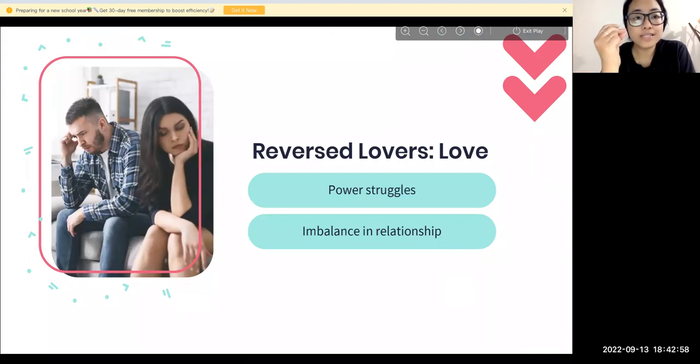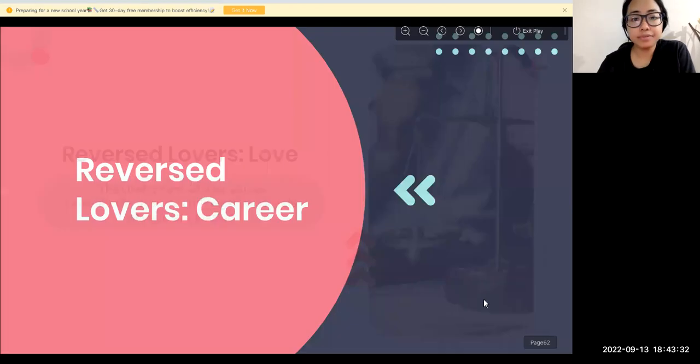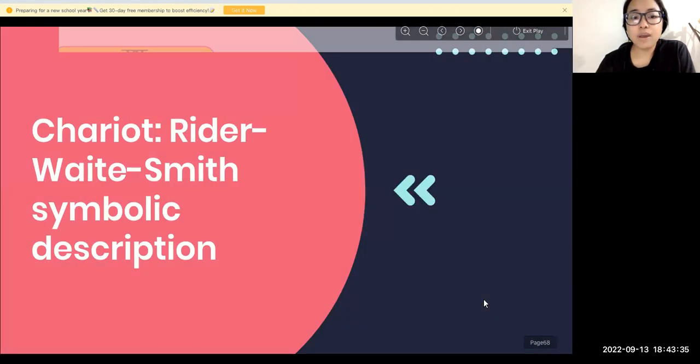And also look at, whenever such incidents happen in your life, do you take a decision from your heart, or do you instinctively take decisions in relationships or anywhere in your life? Just see that, because the Lovers card also says that whatever decision or choice you make, you make from your heart, which truly connects to your heart, not just a feeling or thoughts, but somewhere deep down you knew that this is it, this is what it is, like that. So look at where in your life you have taken impulsive decisions, and where you have taken decisions from your heart that you truly feel connect with you, and what lesson you learned by doing that. Okay. Now when it comes to the Chariot, you have to look at